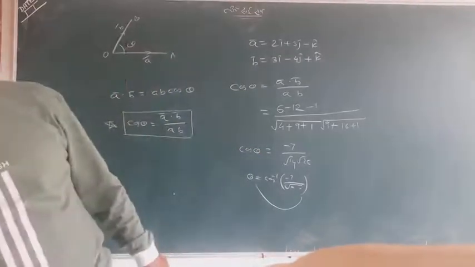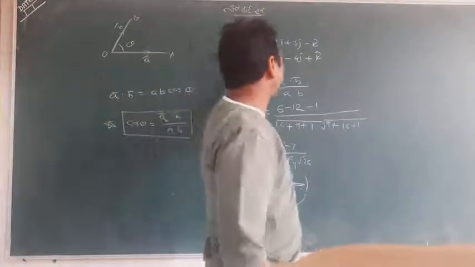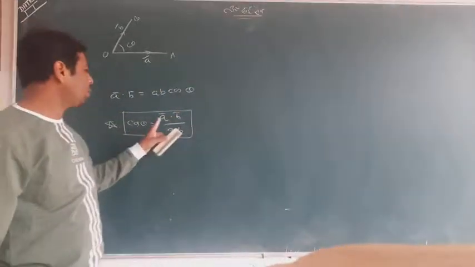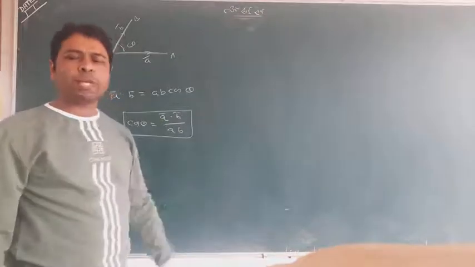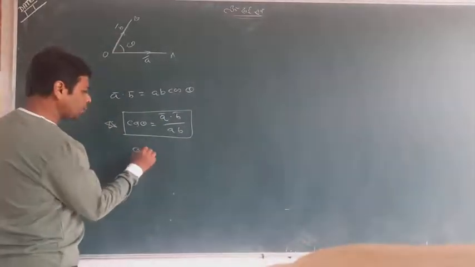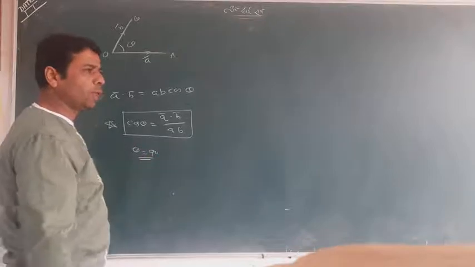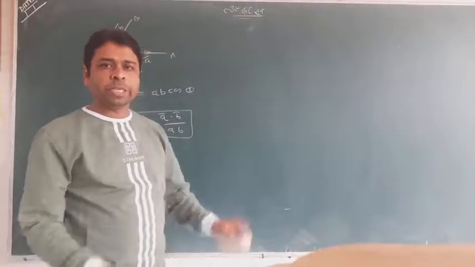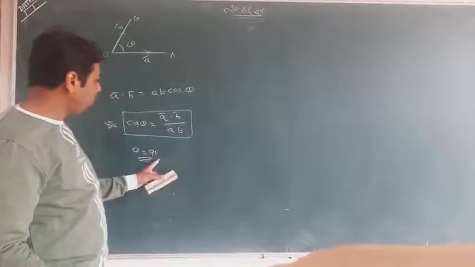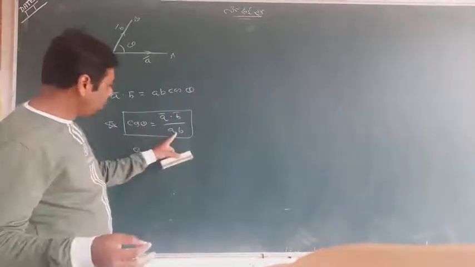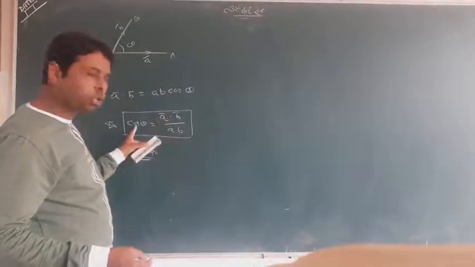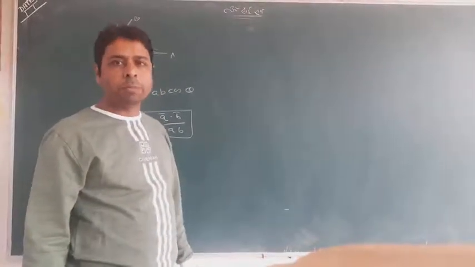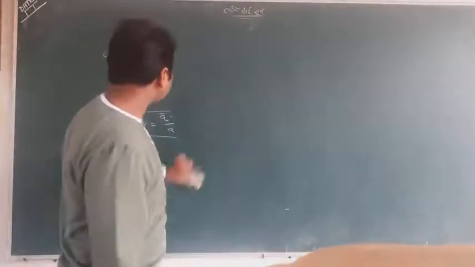So this was a simple example I put. Till now you have got it, this is a very simple concept and formula: cos theta equal to this one. Many things we can explain moreover. Suppose you are told theta is equal to 90. Initially when I started dot product, I taught you what will happen when theta is 90. When theta is 90, cos 90 will be 0, so A dot B will be 0. Already I have taught you that when A dot B is equal to 0, vectors will be perpendicular. So keep remembering these things.